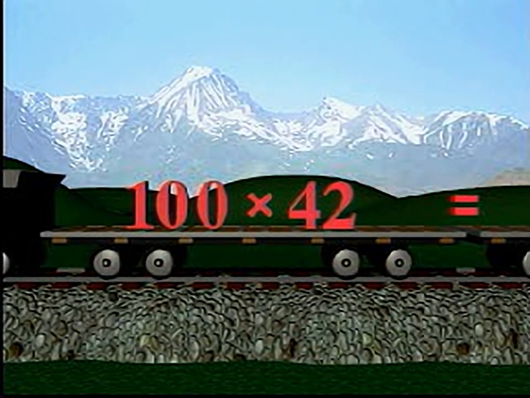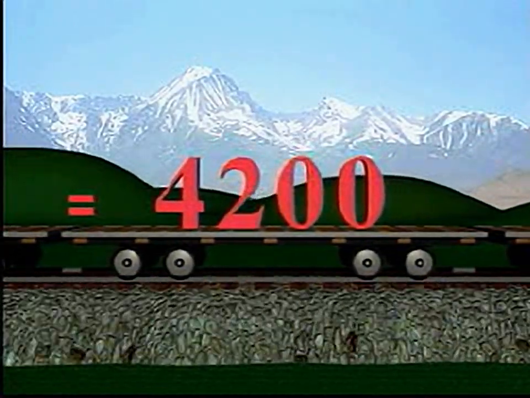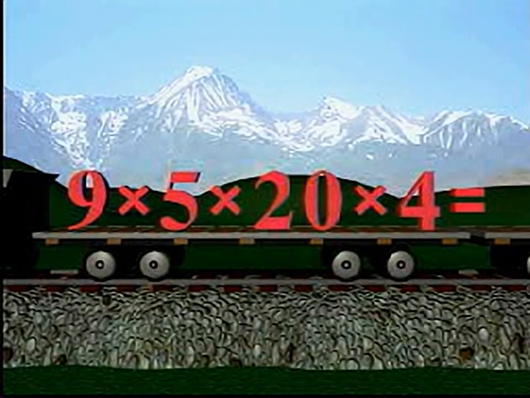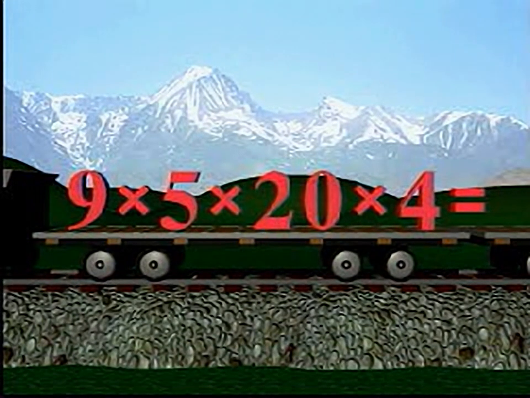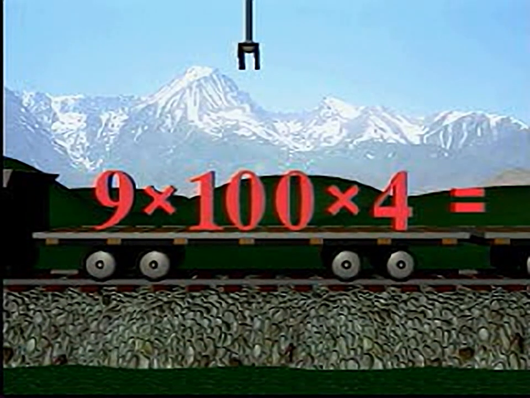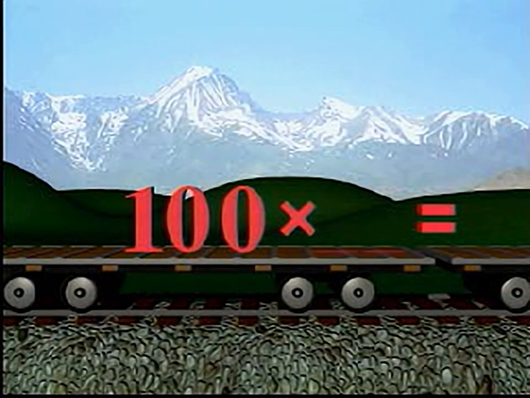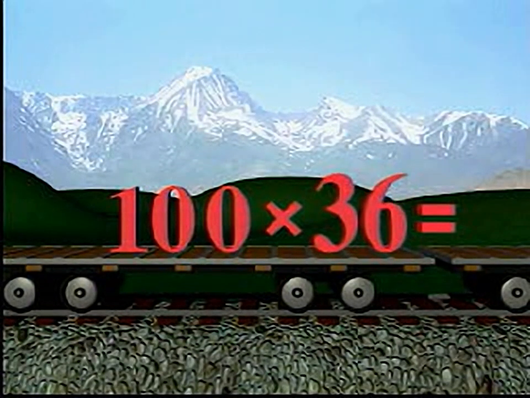The answer to our long train is 4,200. That wasn't bad at all. The key was multiplying those compatibles first. Well, let's practice on another one. 9 times 5 times 20 times 4. Do you see any compatible factors? Now there's 5 times 20. Well, that makes 100. Good. So we'll start with them. Next, we'll multiply 9 times 4. That's 36. We'll end up with 100 times 36 for